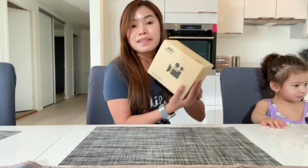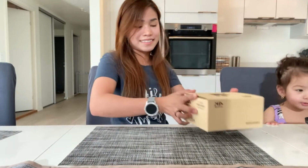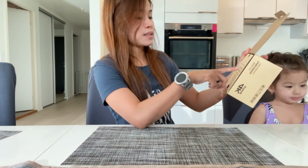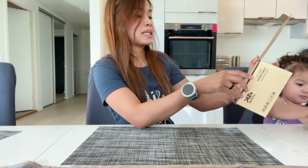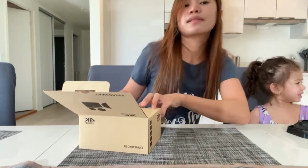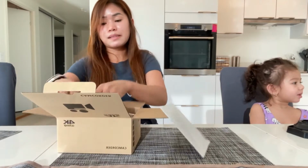So let's open this and see what's inside. Okay. The moment we open it, it says, please format the memory card before using this video camera camcorder. So yeah, it's right there. So what's inside the box? What's inside the box is we have